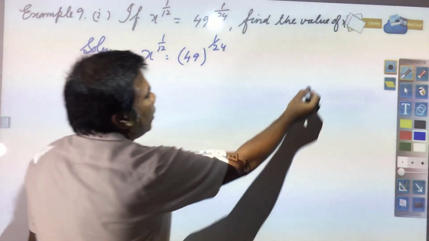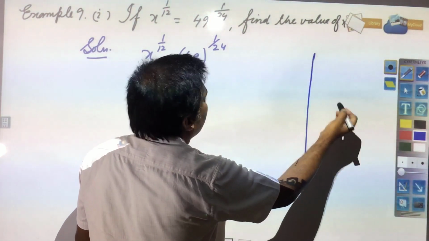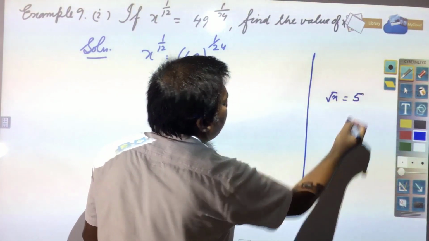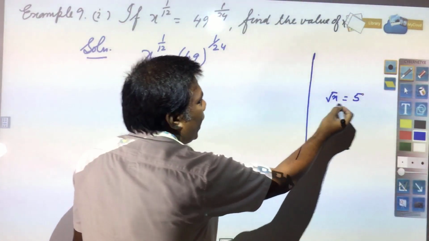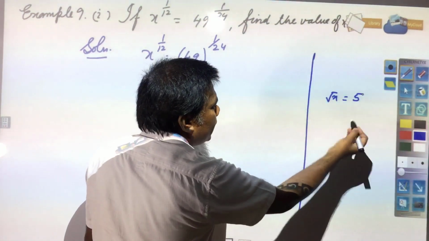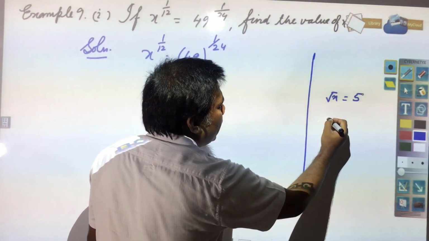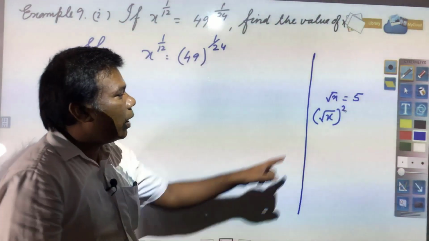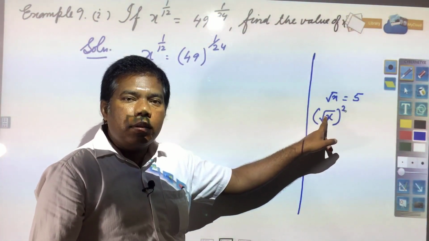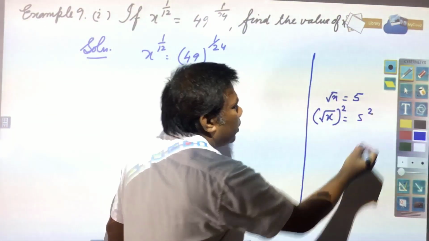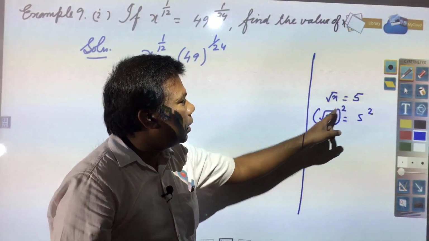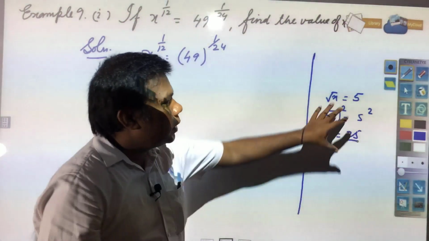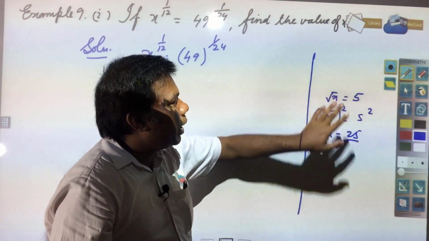See, we know how we solve generally. Suppose in any question you have root x is equal to 5, then what we do? We square the number, or we can write simply, root x to the power 2. Why we are squaring? Because square root you have is equal to 5, square we write, and then square and square root will be cancelled. So, x is equal to 25 you will get. Like this we solve in simple way if square root will be there.